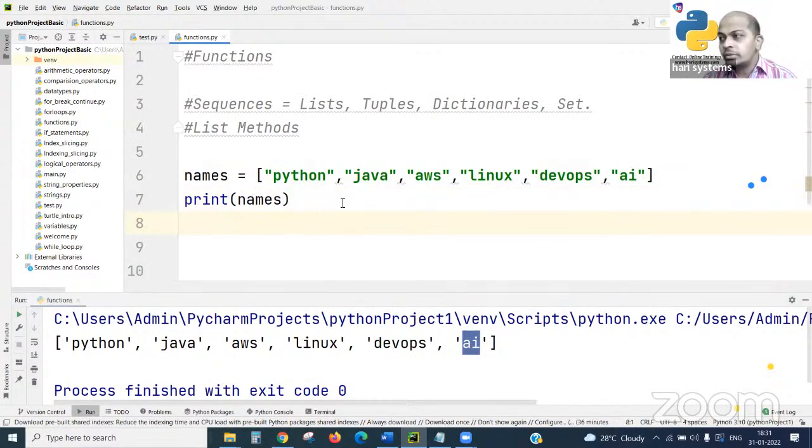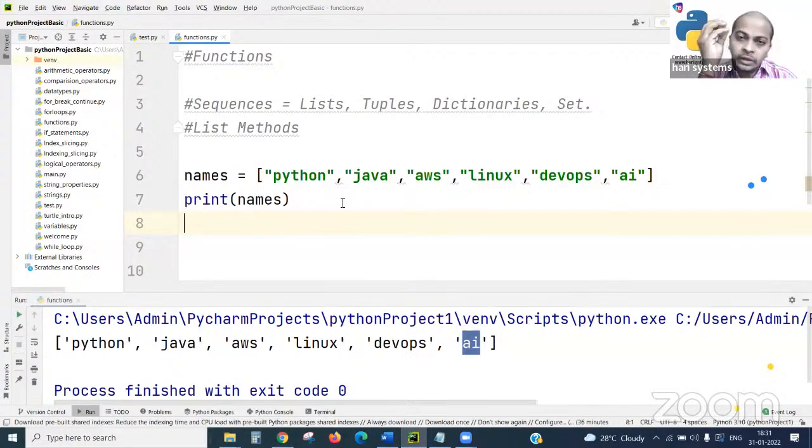The list items, if I want to control them by applying a for loop, how? See, for this list I can apply a for loop and control the environment. If I want only Java, I can offer some fee discounts, or if I want to inform about a special workshop for Java, I can send a message.